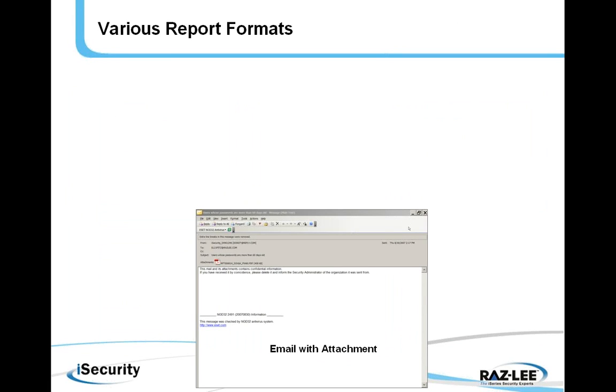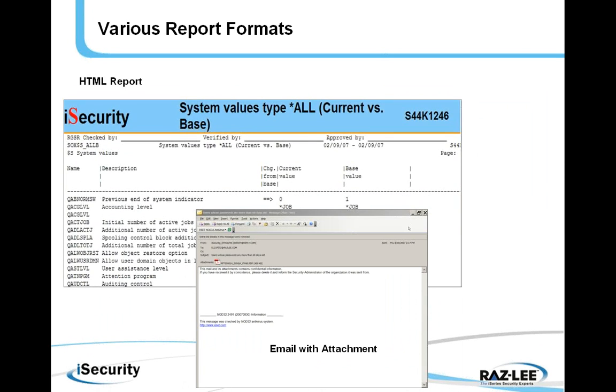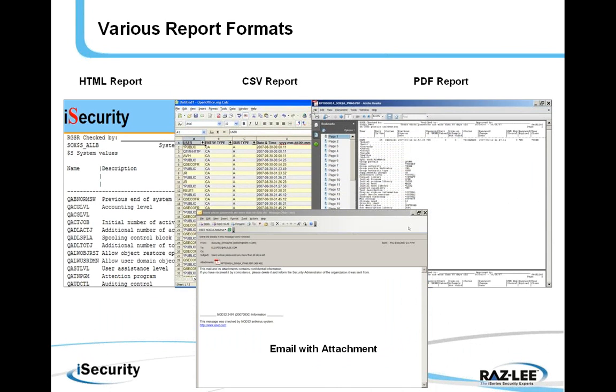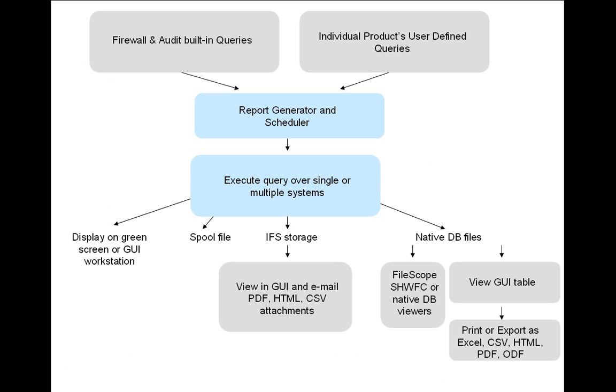I mentioned report formats which are emailed as attachments. We see the email here at the bottom, which can have an HTML report as an attachment, or a CSV report, or a report in PDF format. Schematically then,